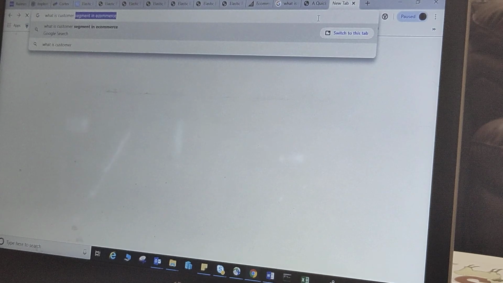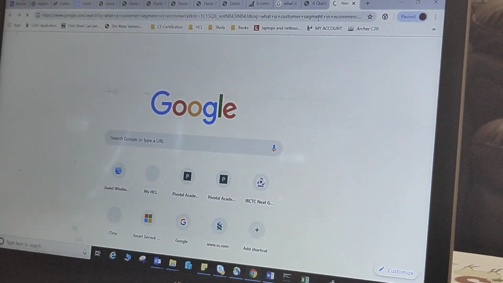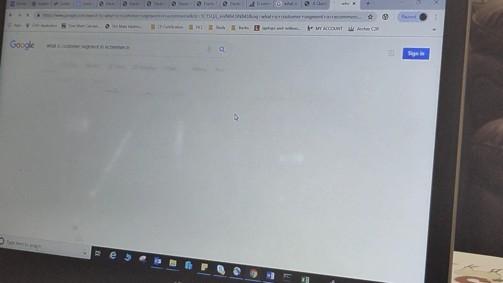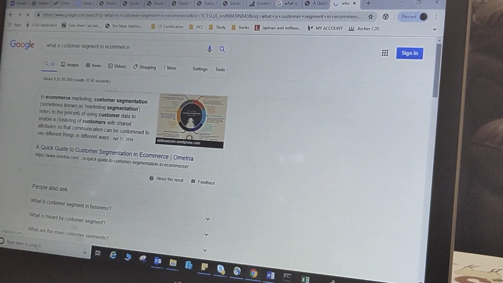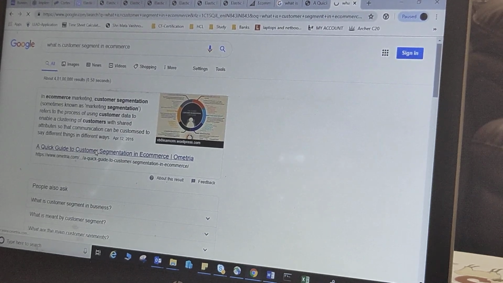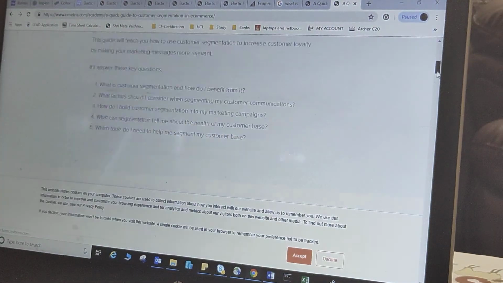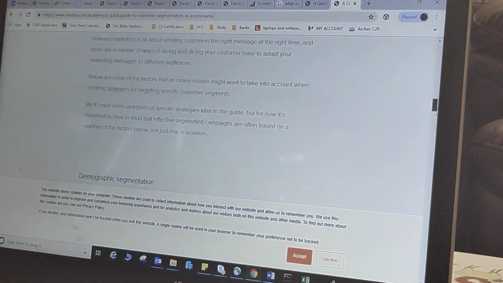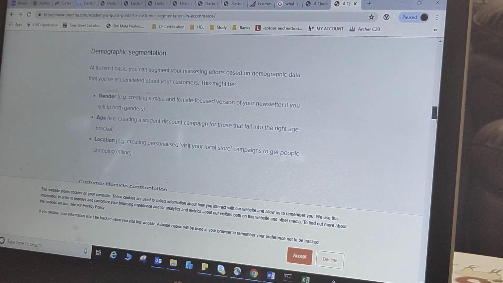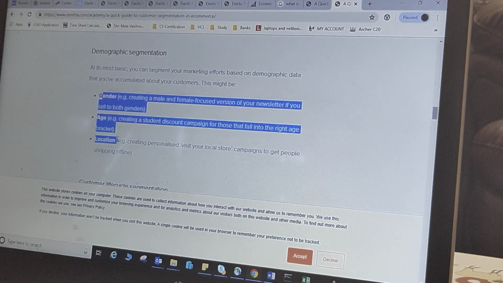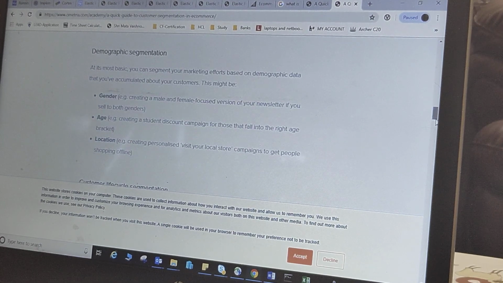So what is customer segment in e-commerce? I have already searched it, so that's why it's coming in the search option. From here we can see what this is. Just click on this, and you will have good knowledge about these things. See here, you can see the demographic segment. Demographic segment means based on gender, age, locations. Based on these things we can segment our